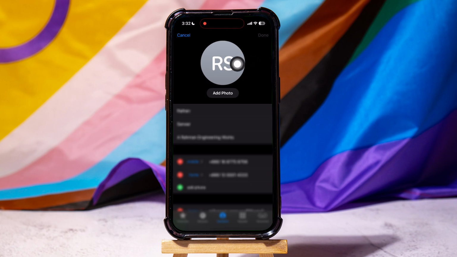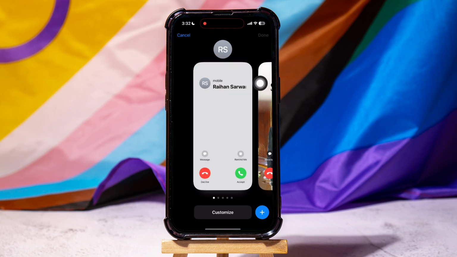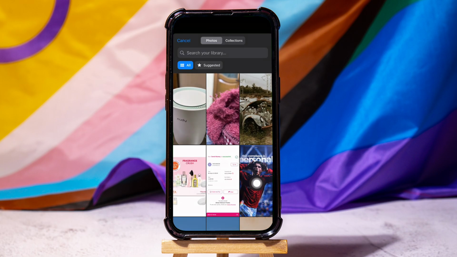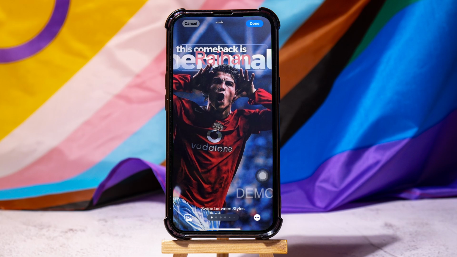Once you're here, tap on Add Photo as shown. Tap on Customize below and then select Poster. Choose the poster you want. For example, Photos. Then, select the photo you would like to set as your contact photo and then tap on